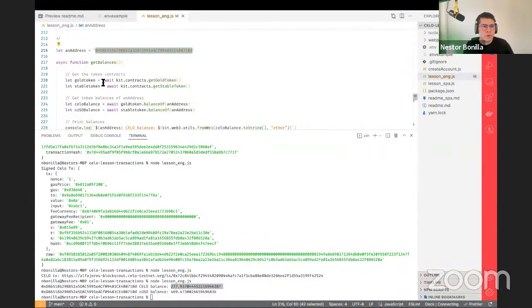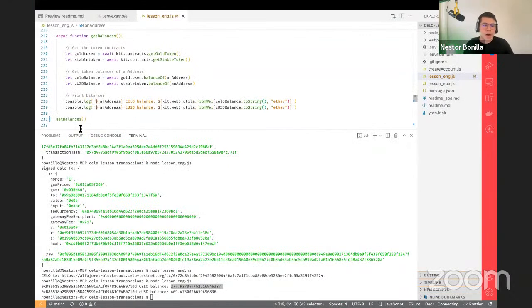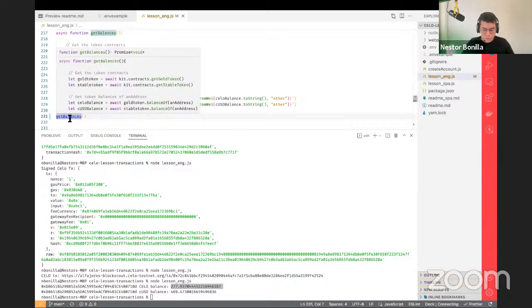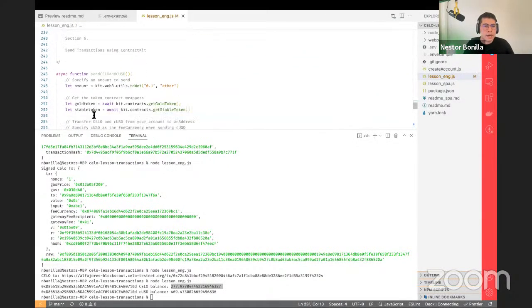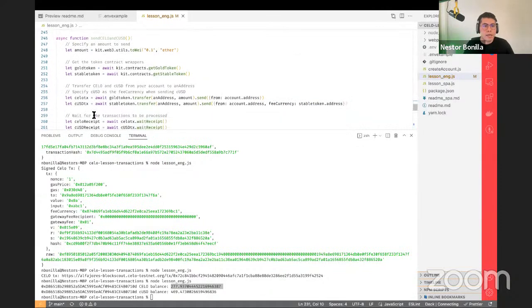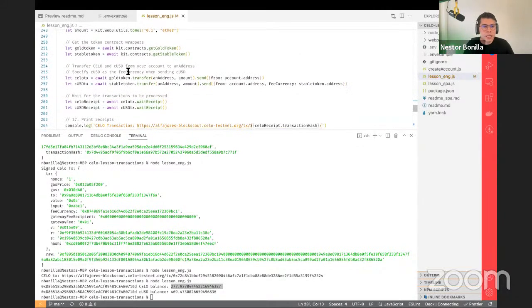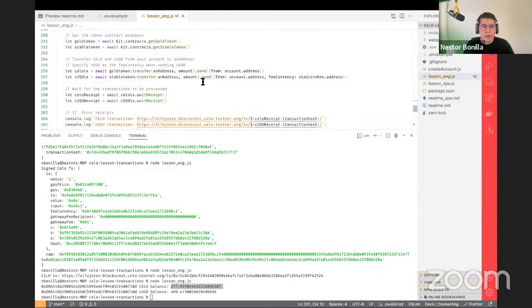Also, we already know how to get the balances, and we can send a transaction in Celo. But let's say you are curious: now I understand how to send Celo transactions, but I now want to use that very unique Celo feature, which is to pay the fee in a stablecoin.